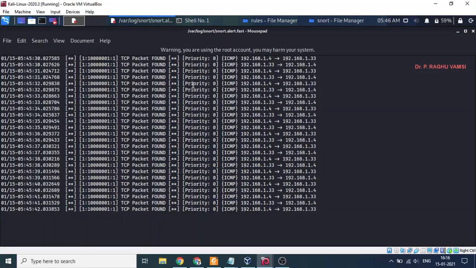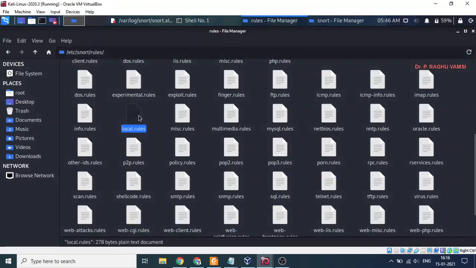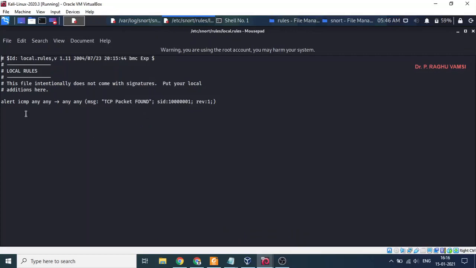Well, here we got TCP packet found. That means the rule was not modified. We'll see here ICMP.